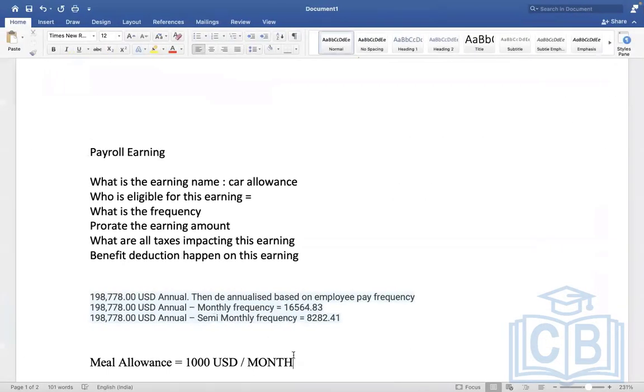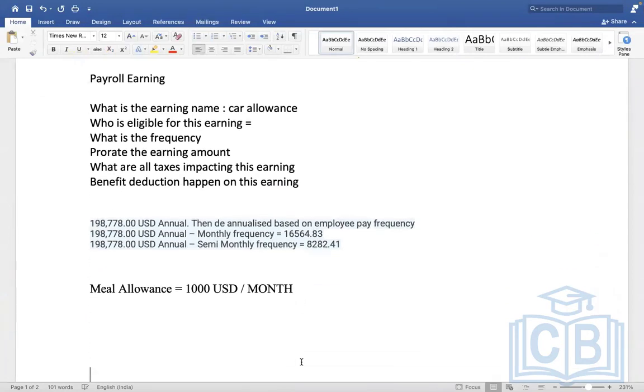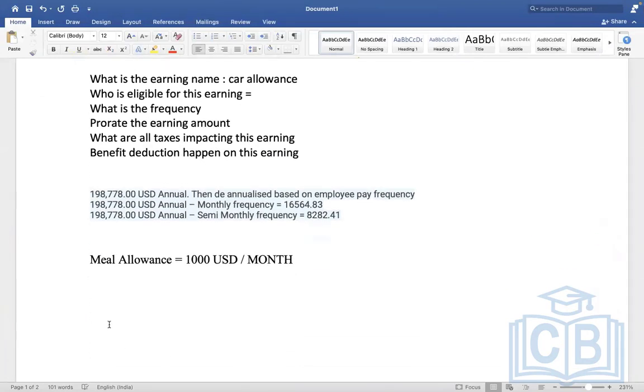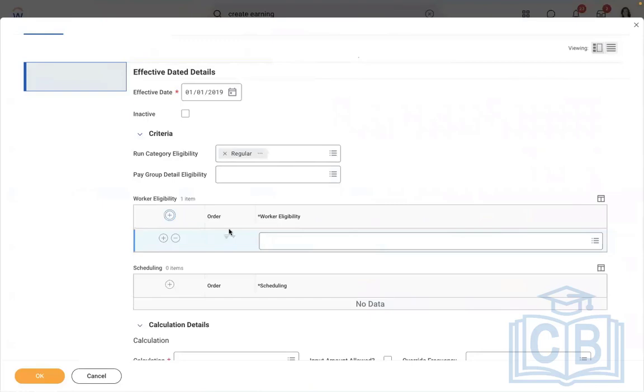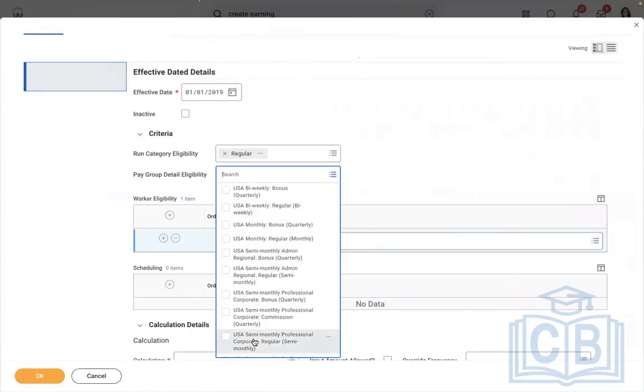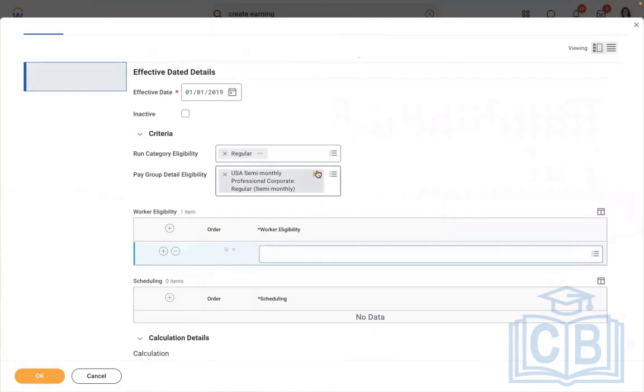So I want to create an eligibility rule. What is my eligibility rule? The employee who has the compensation plan called meal allowance, that employee is eligible for this earning. Okay. So what I'm saying is I have, for example, I selected this pay group. Under this pay group,